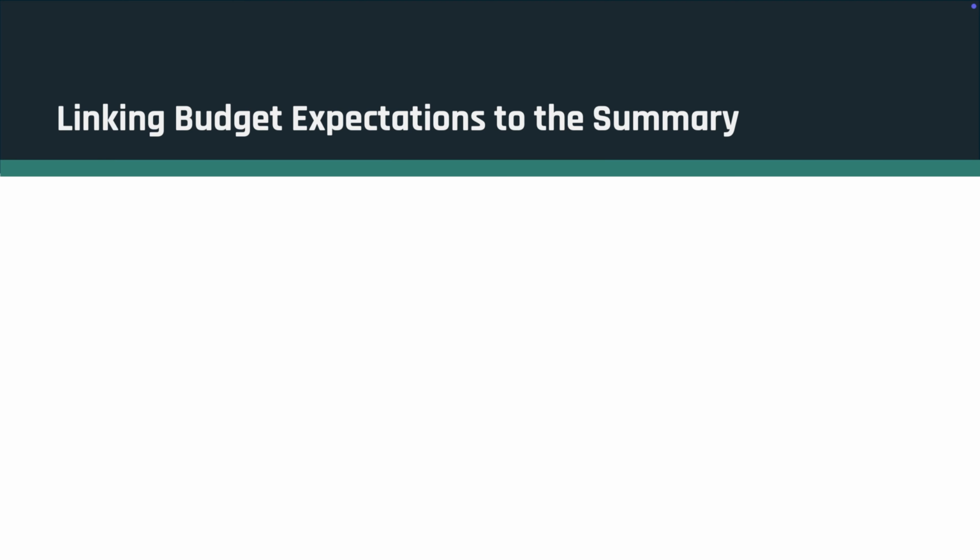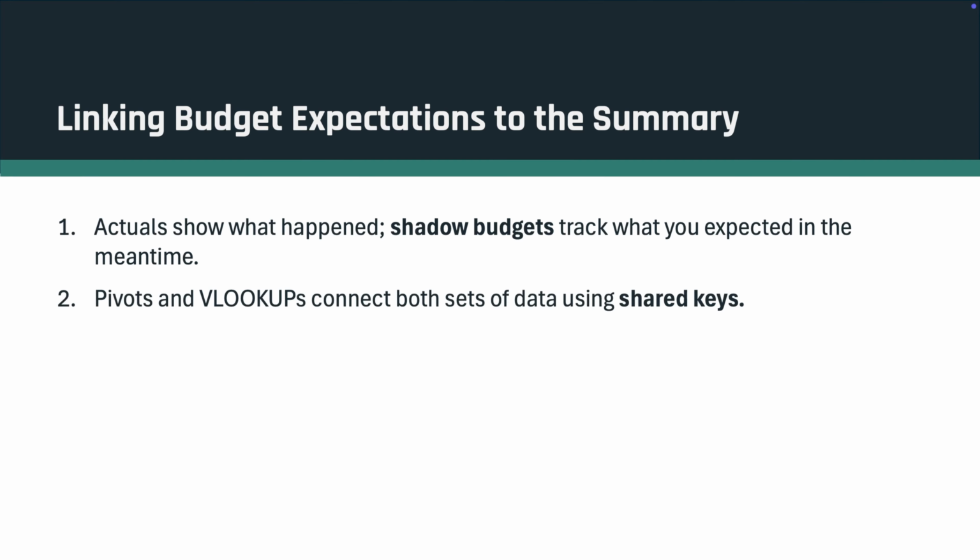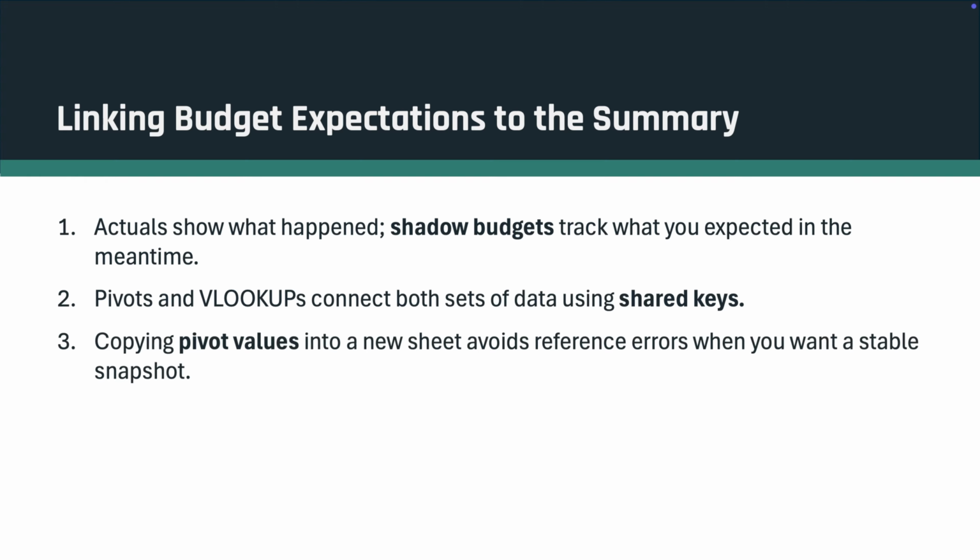Now it's time to connect the actuals we've been looking at with the planning data we use to track what we expect financially. Actuals tell you what happened, while shadow budgets track what you expect to happen. Pivot tables and VLOOKUPs help to bring the two together by using shared keys. When we're done, copying pivoted results into a clean sheet gives us a stable and reliable snapshot without worrying about